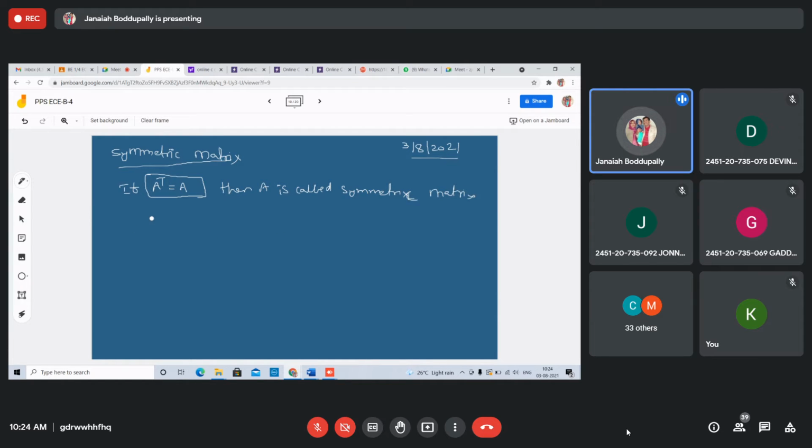Right? Example, tell me any example. All symmetric matrices are square matrices only. You know that? A rectangular matrix cannot be symmetric.